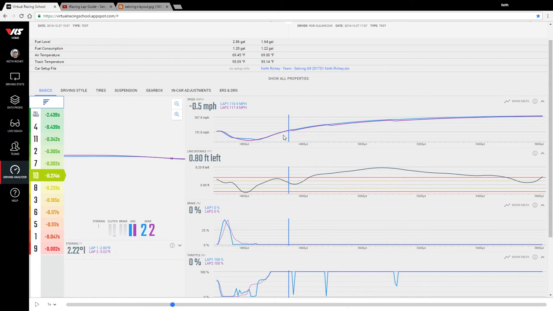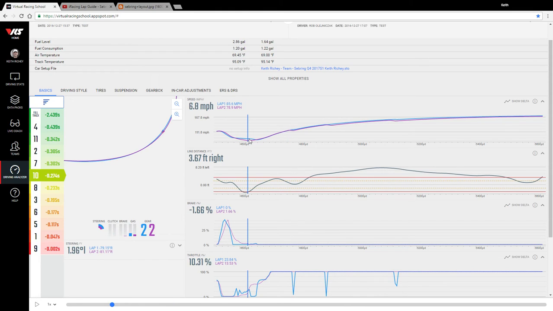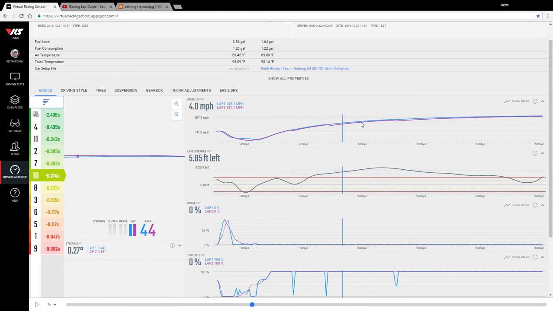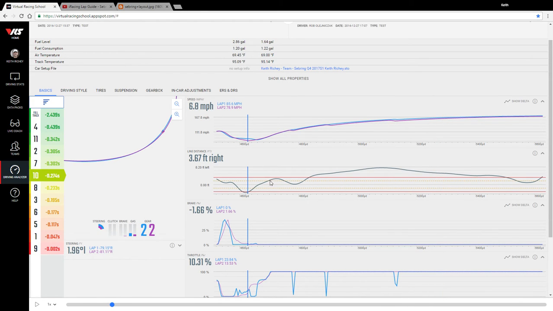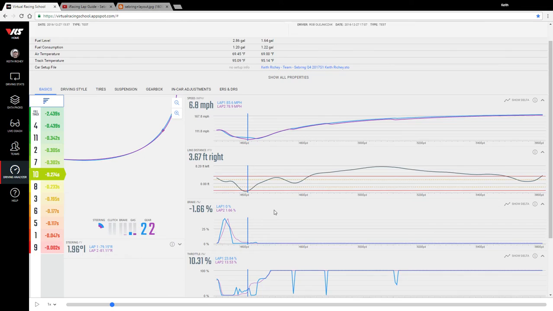So there's a bit more speed carried at this point, and then as we get out of the corner, it kind of stays above on the amount of speed carried there. You know, 2-3 miles per hour maybe, roughly. So this looks like the point where,